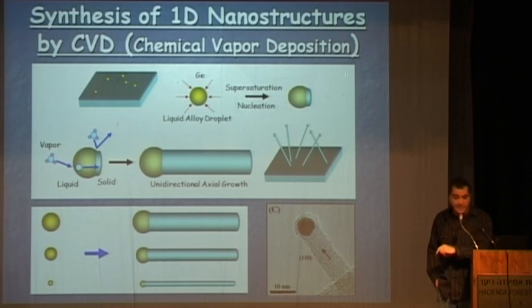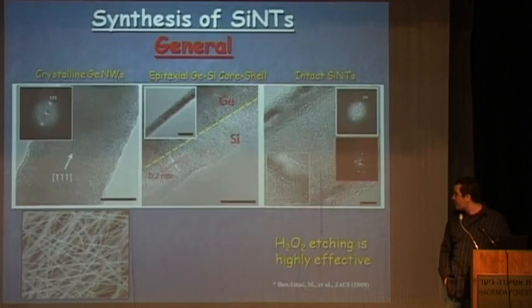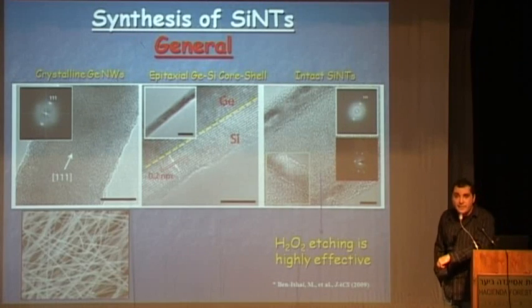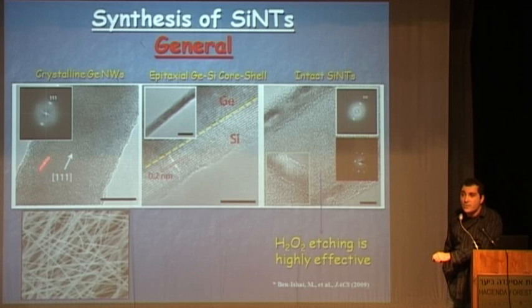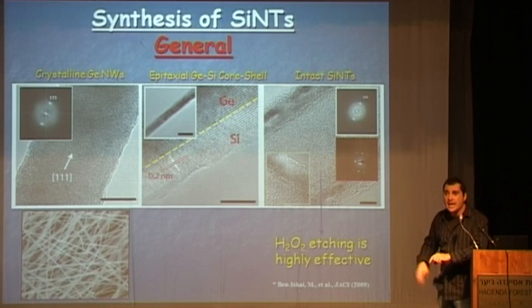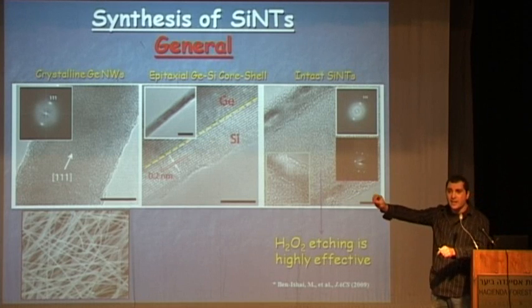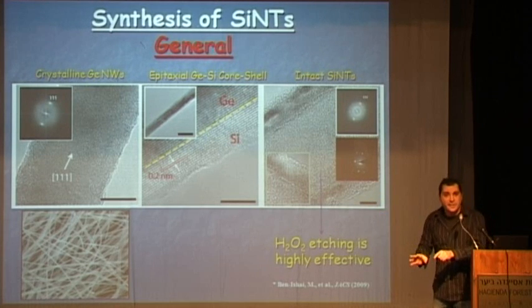That's a known science. That's not something that we invented in my group. So here we can see the first results. This is a germanium nanowire. We can see a high resolution image showing the high crystallinity of the nanowire. Each nanowire is a single crystal, and there are very few defects, if at all,